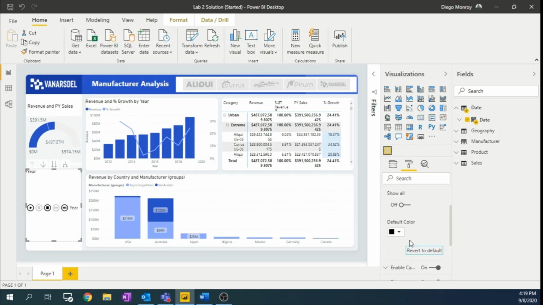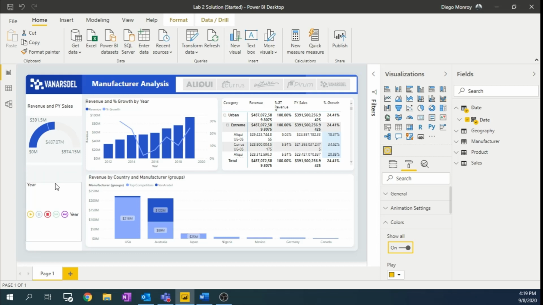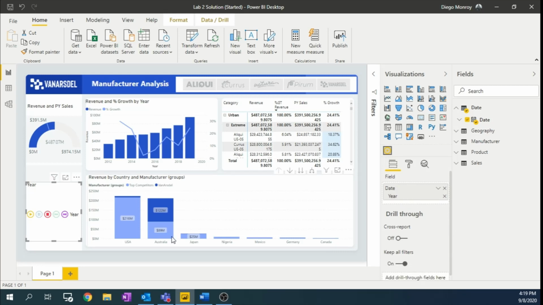So it is possible to explore all these options in this visual to understand what you can really do in the format of each visual. All right, so we have in this fields pane the date as a hierarchy. I just want to show you year, just date as a year, and I want to make it a little bit clearer to show you how this works. So if I click on the yellow arrow in the play,